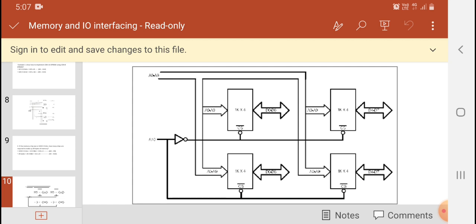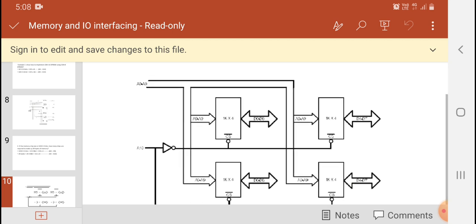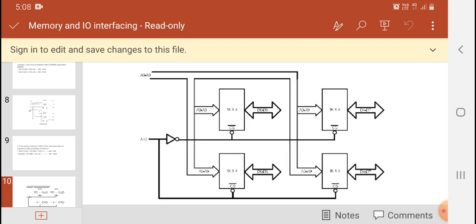What is my question? We know that the available IC needs 10 address lines, so A0 to A9 are given to all the ICs, and the remaining last address line, A10, I can use for chip select. For enabling the top two ICs, inverted A10 is given, and for enabling the bottom two ICs, a simple A10 is given without inversion. So I have given two different chip selects for enabling four different ICs at different times: the top two ICs at one time and the bottom two ICs at another time.